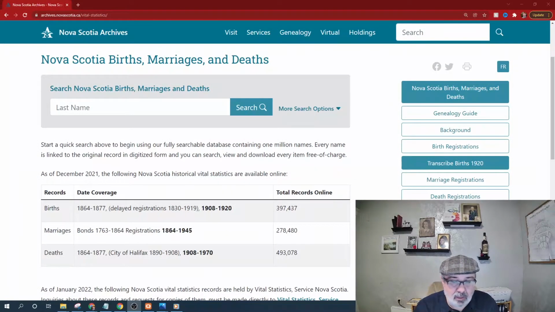This is from Nova Scotia because all my great-grandparents lived in Nova Scotia. All but one was born there, and all 4 of them died there. This is really just an example. You don't have to be from Nova Scotia, but this is one of the things when you're looking for your